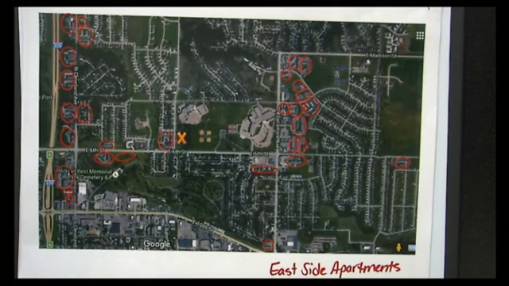The other problem area is another set of apartments over by Sycamore and Ronning. That's another place where the police are called at least 2-3 times a day, if not more. I think just running there constantly takes away from other emergencies that the police officers are needing to respond to. I've talked to several police officers, and they feel that way as well. I don't know if they should have admitted that to me, but anyway, they have mentioned it.